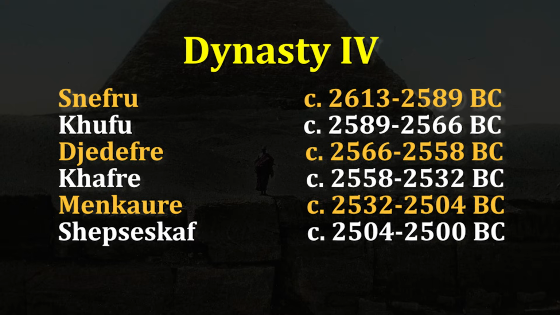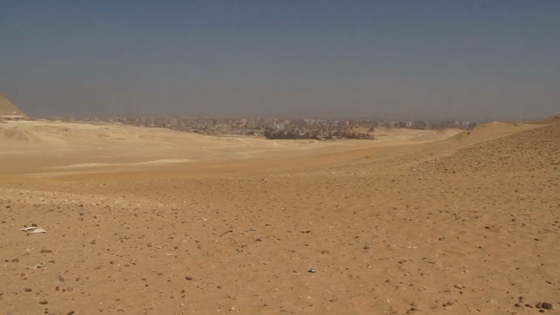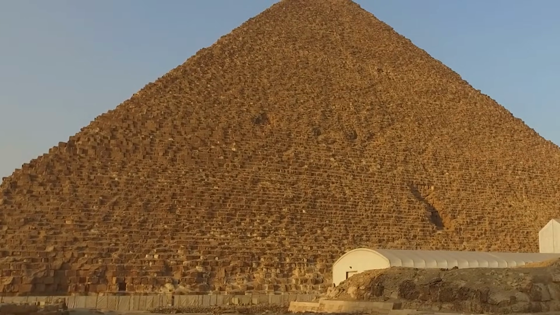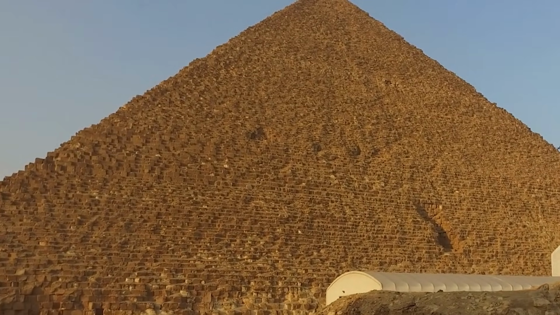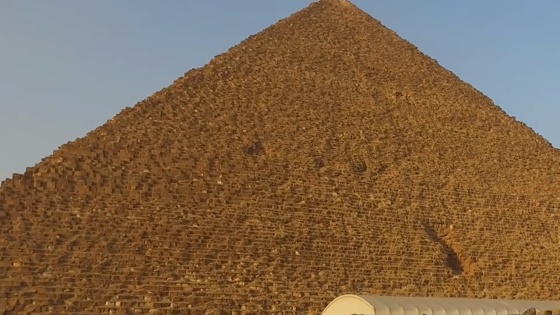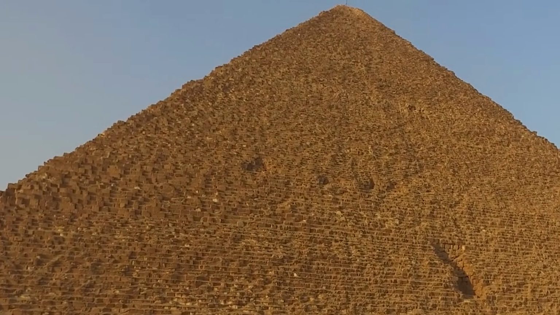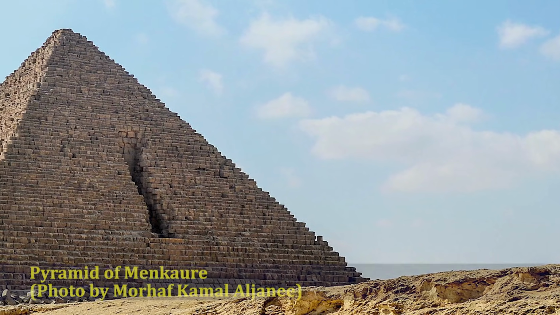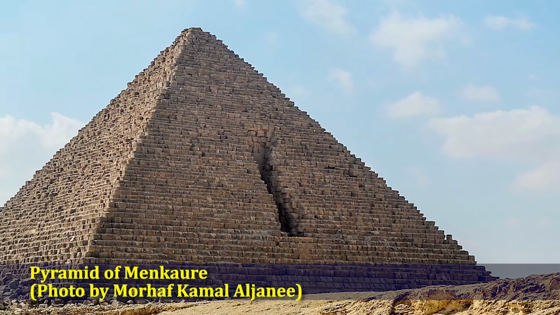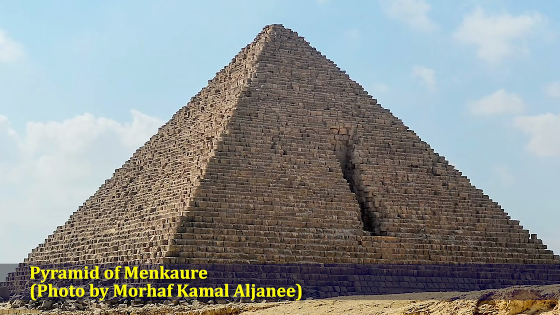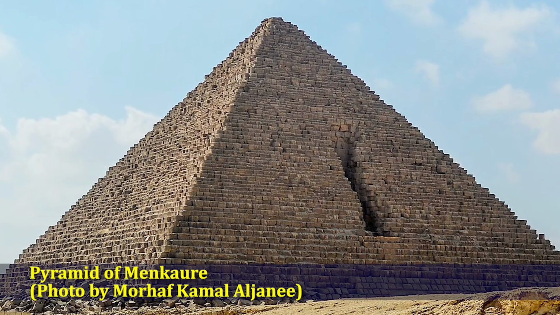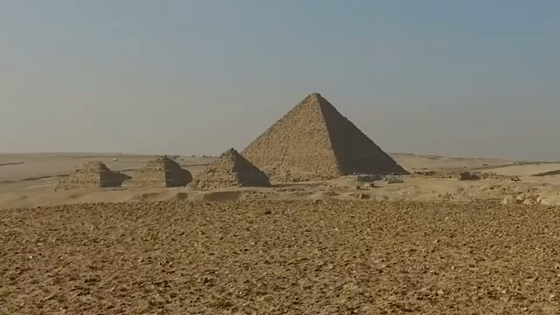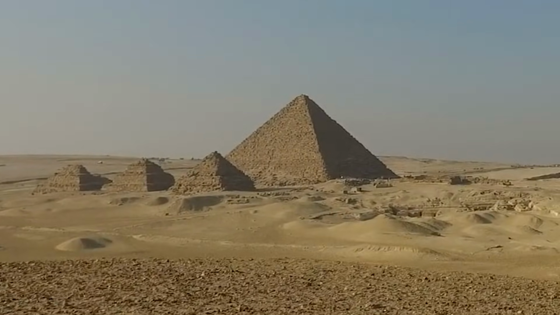As mentioned before, the construction of a massive pyramid, like those of Khufu and Khafre, is a stupendous undertaking, and needs tremendous amounts of resources and manpower, not to mention years or even decades to complete. By the time of Menkaure's reign, all of these things may have been in short supply, hence why his pyramid is a fraction of the size of both Khufu's and Khafre's, though at 65 meters high and 105 by 120 meters at its base, it was by no means a small structure. There are also 3 smaller pyramids next to his that were built for his wives.